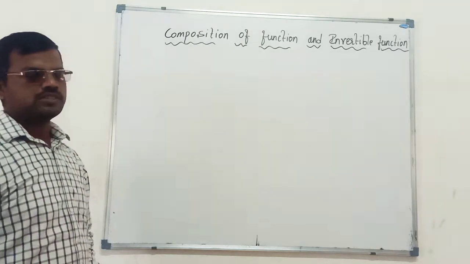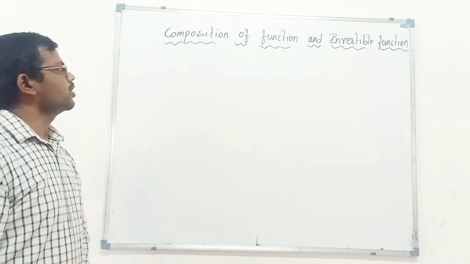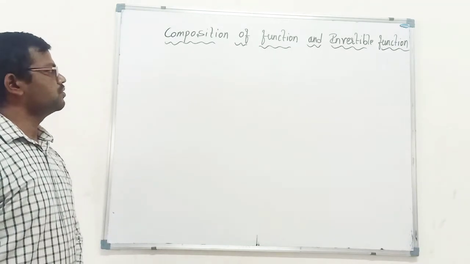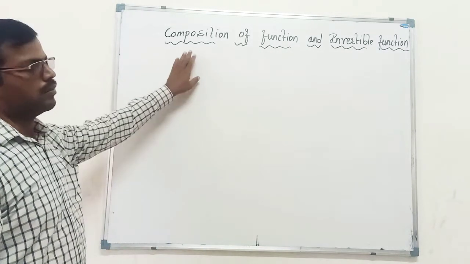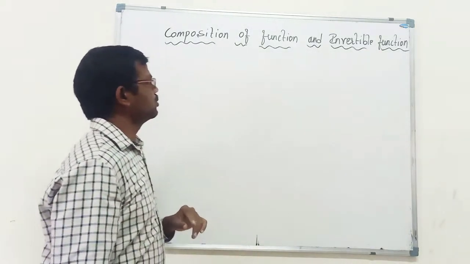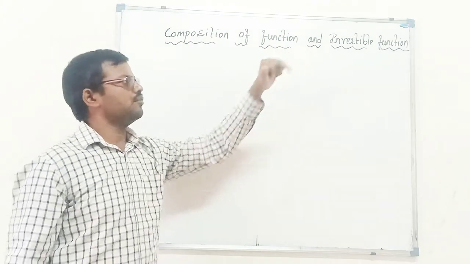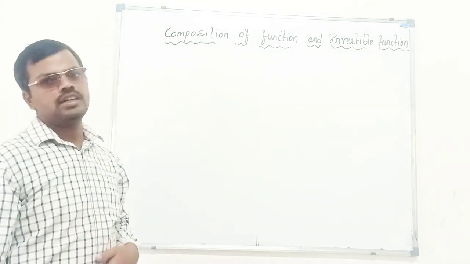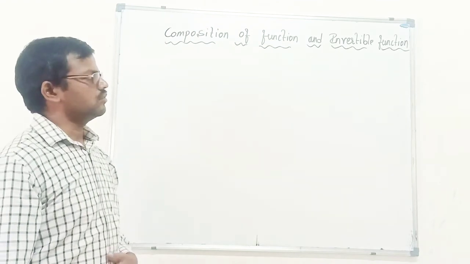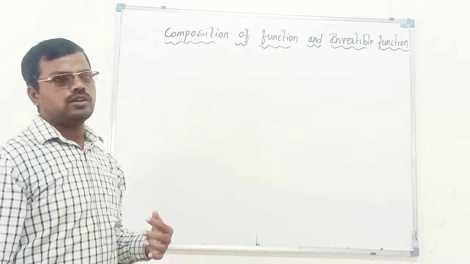Good morning students, once again we come to the next point which we have left in the relational function, that is composition of the function and invertible function. First we discuss the composition of the function and later we move to what we mean by the invertible function. For defining an invertible function we have to know about what we have studied previously,